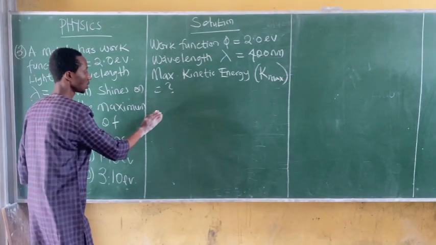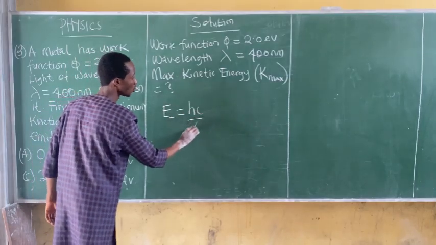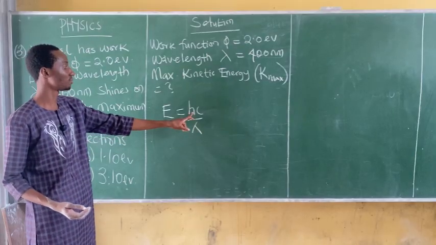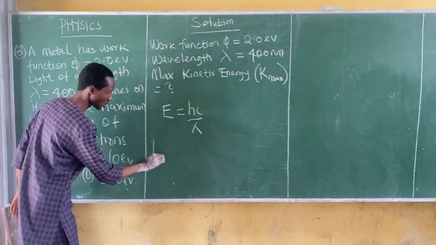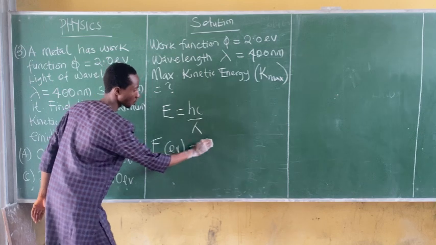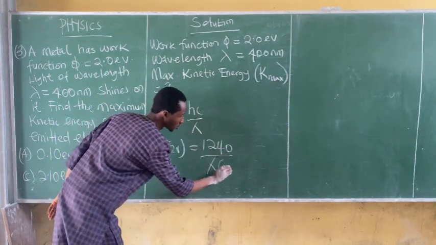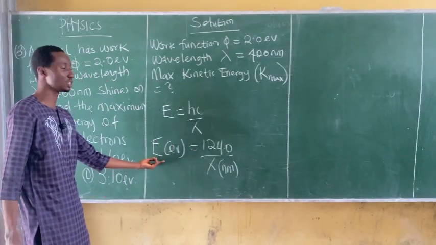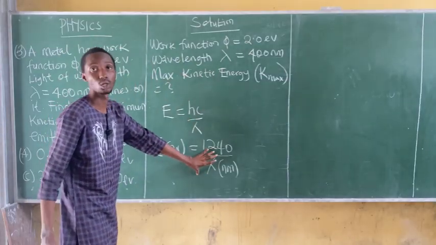Recall that photon energy E is equal to hc over lambda. From the question, we are given lambda, but we don't have h and c. So we have a shortcut to this. The photon energy is given as 1240 divided by lambda, which is in nanometers. To get E is very simple because we are given lambda from the question. So if we substitute into this equation, we have that